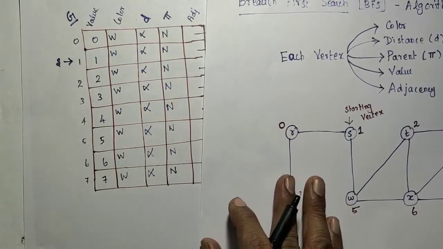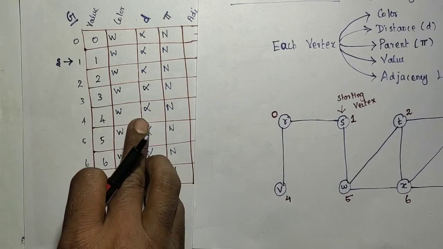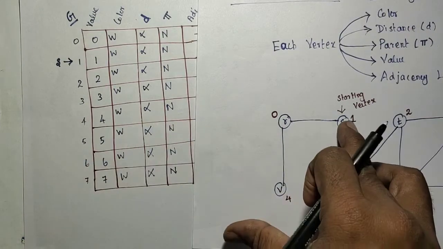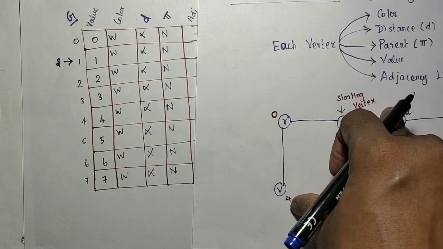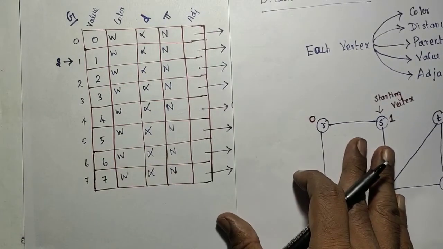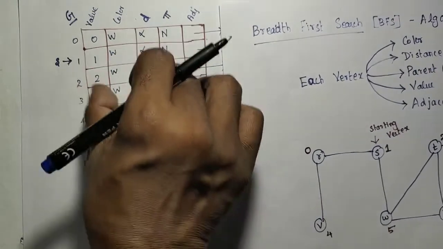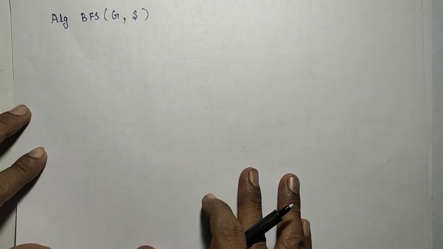The distance property, for example, the fourth node's distance property will finally be marked as 2, because from the starting node to reach that node, how many hops? The distance is from the starting node to reach that particular node. So it will be changed to 2 like that. These are the initial values that need to be filled in that array. So that is the first step. We will write that in the algorithm.